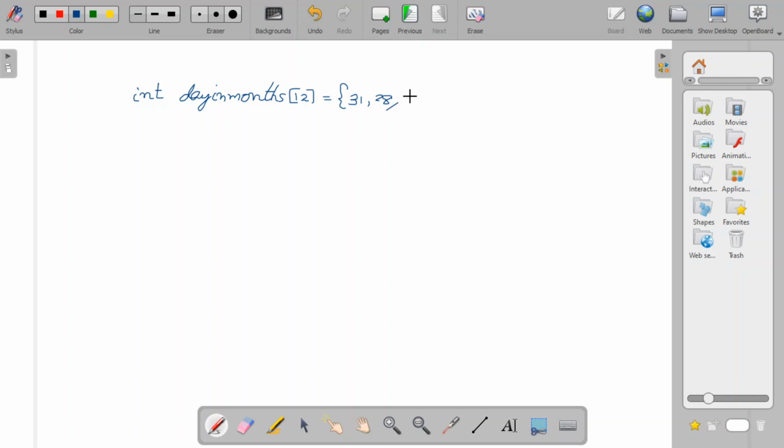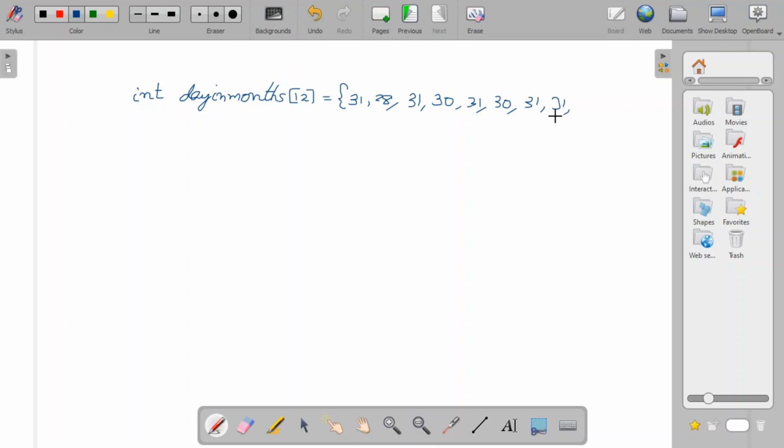Then 31 for March, comma, 30, comma, 31, comma, 30, comma, 31, comma,